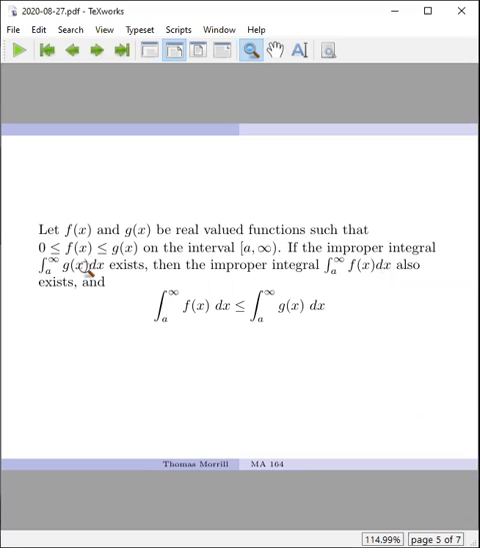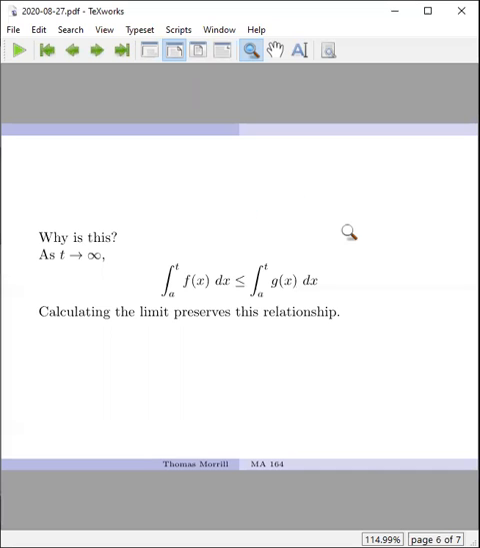And the intelligent thing to say here is that if the integral of g of x exists, then the integral of f also has to exist, and it will have to be less than or equal to the integral of g. So you might wonder, why is this true? I find the picture to be very convincing myself,